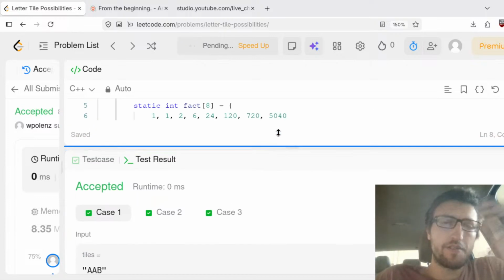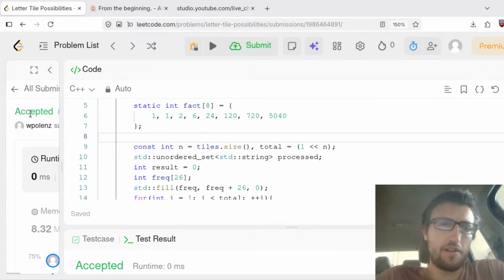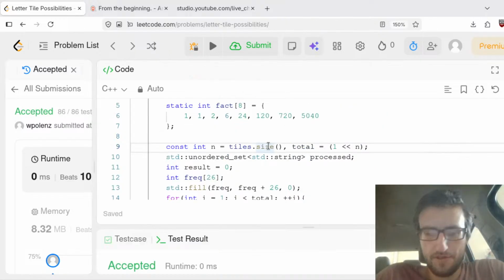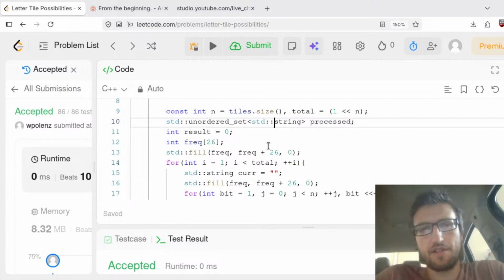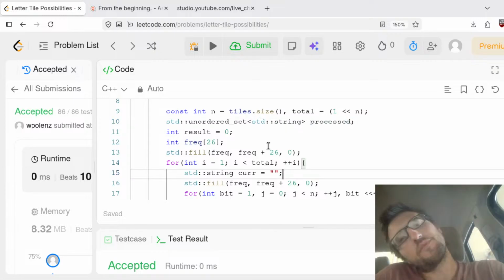So I still use the multinomial factors, but what I optimized for here is I went ahead and used an unordered set of strings that I've already processed. So I used a little bit of memoization. So I would sort what I've got,